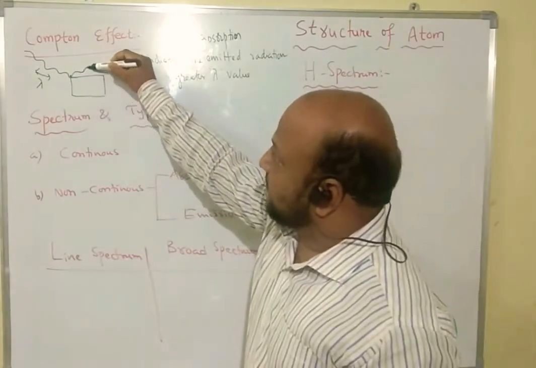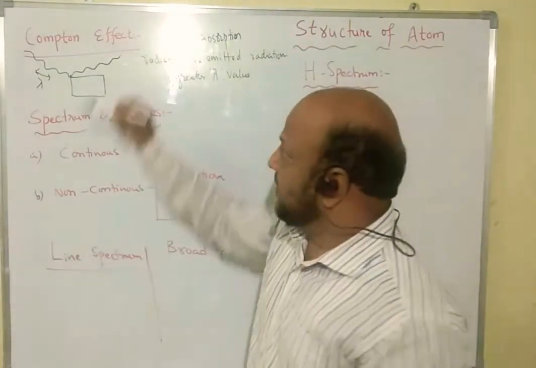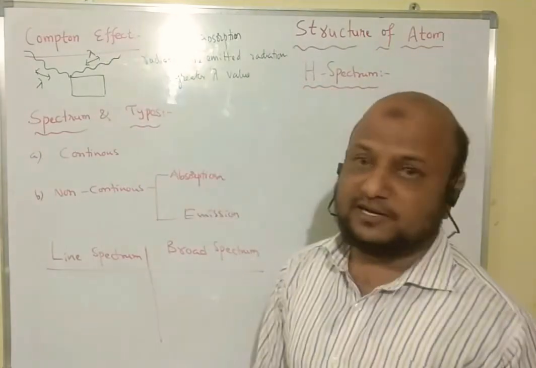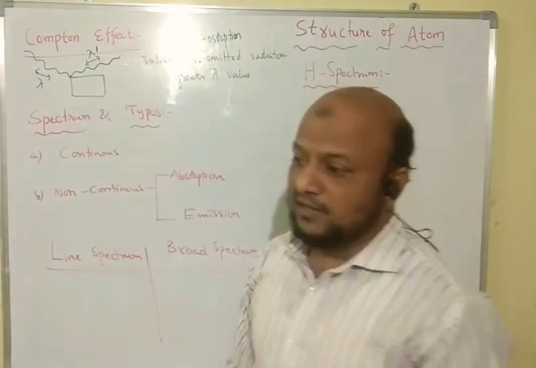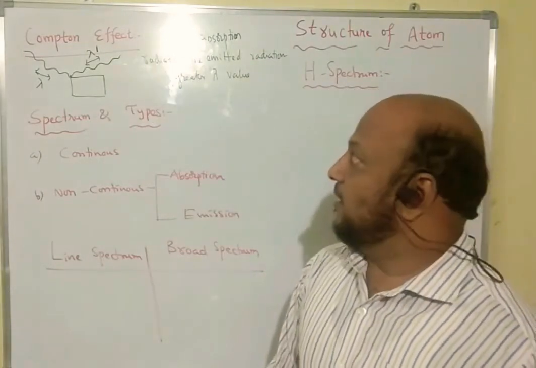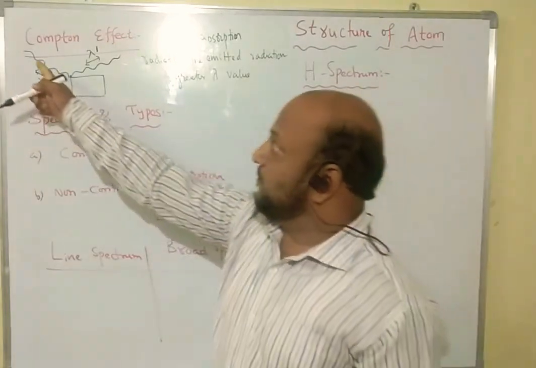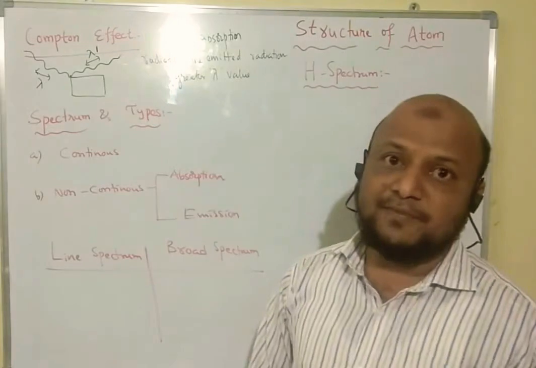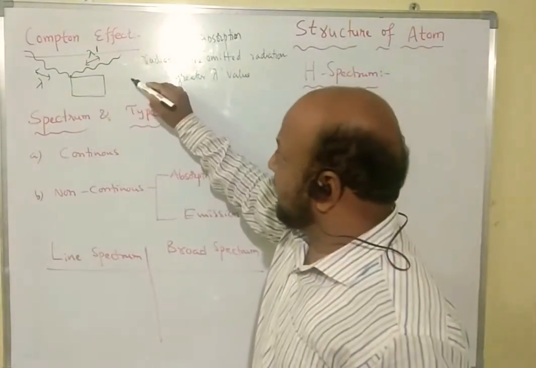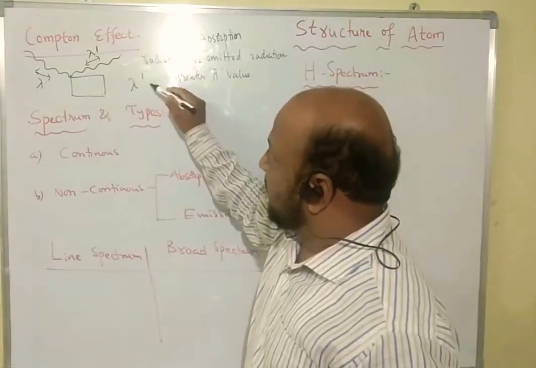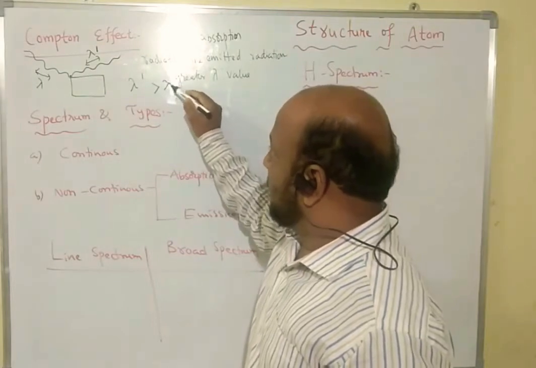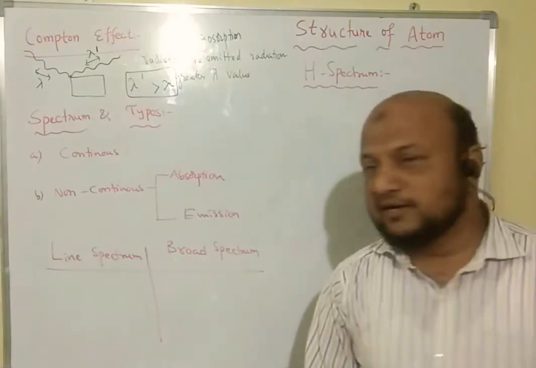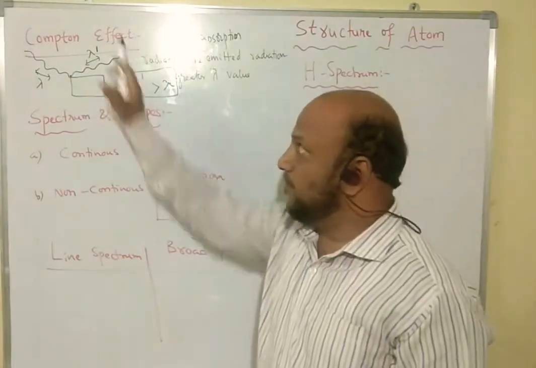They will be scattered. So if you compare the lambda of the scattered radiation, think of it as lambda prime, with the lambda of the absorbed radiation, that is the incident light and the emitted light, what we observe here is that the emitted radiation's lambda value is higher than the incident radiation. That is, the lambda value must increase. That effect is called the Compton effect.